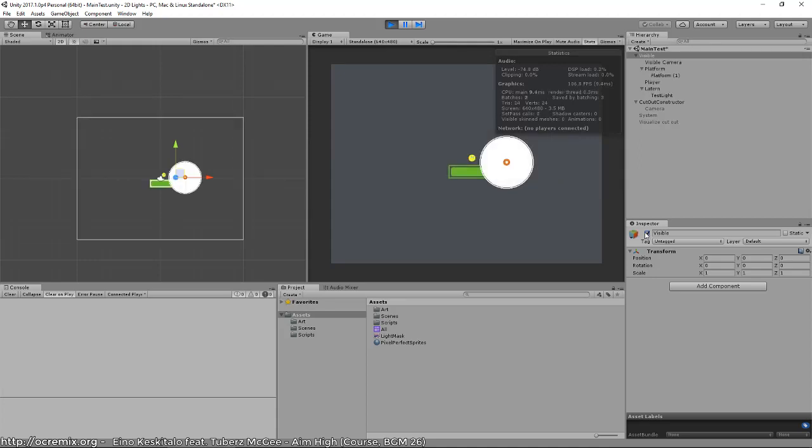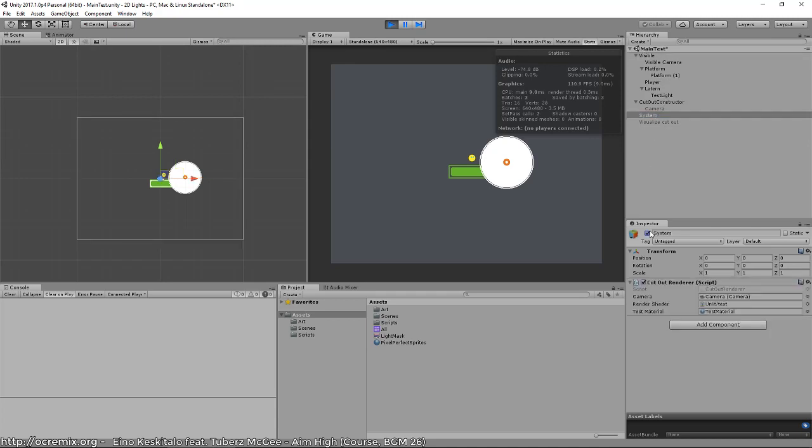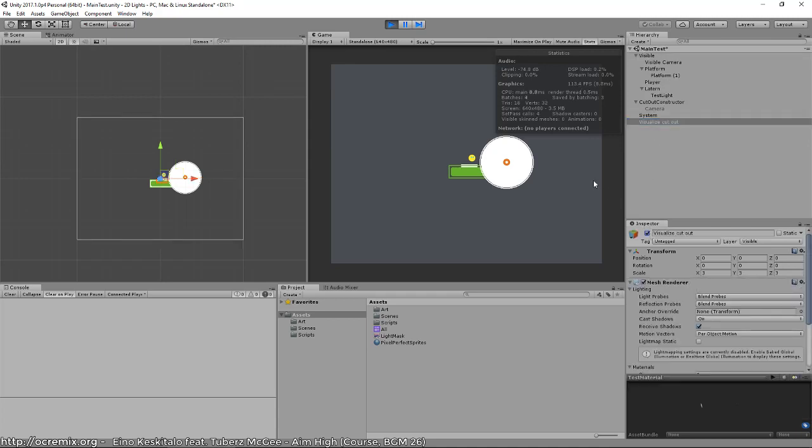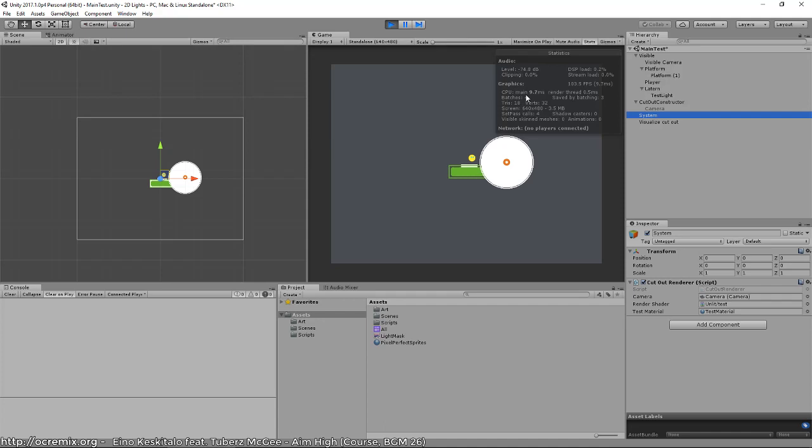Okay, obviously. Okay, so yeah, that will be interesting because that means that we'll have 1 draw batch per camera,